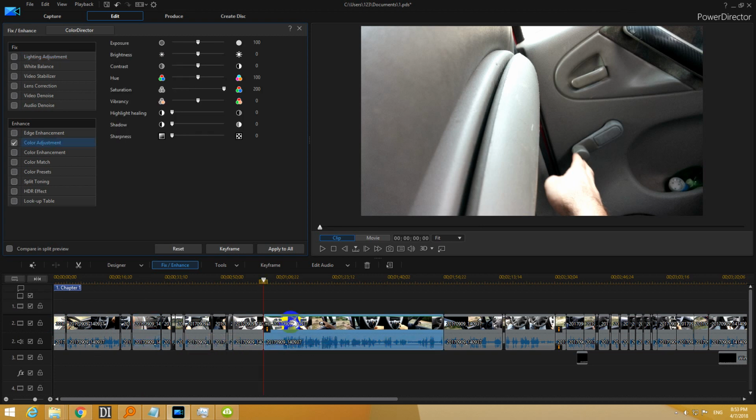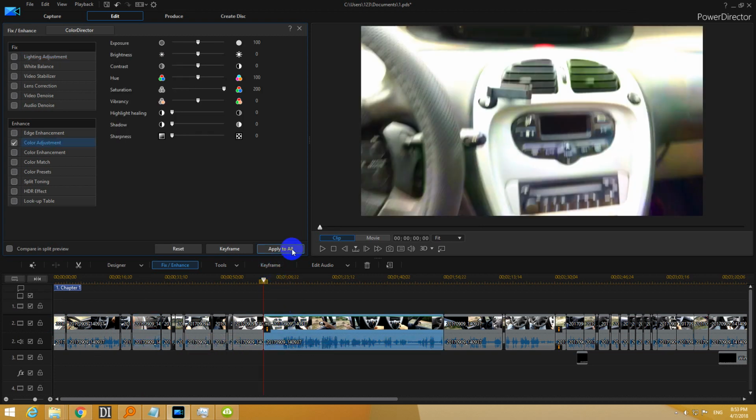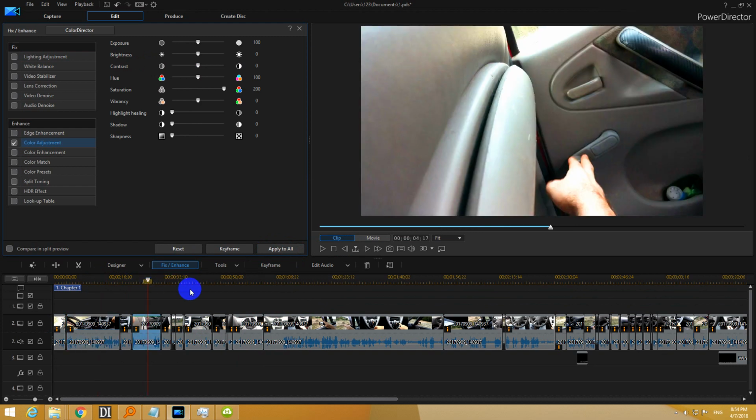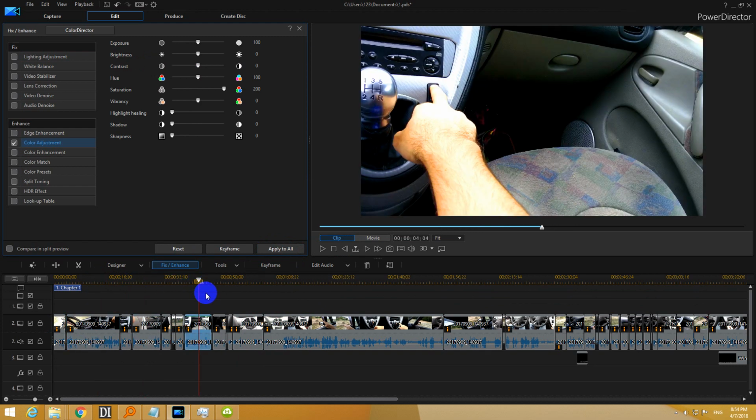Okay, so click on this one which has the adjustment and apply to all. Okay, and now all of them have the orange eye symbol and the saturation was increased. Okay, to eliminate that saturation adjustment, simply uncheck it and apply it to all, and the eye symbol disappeared from